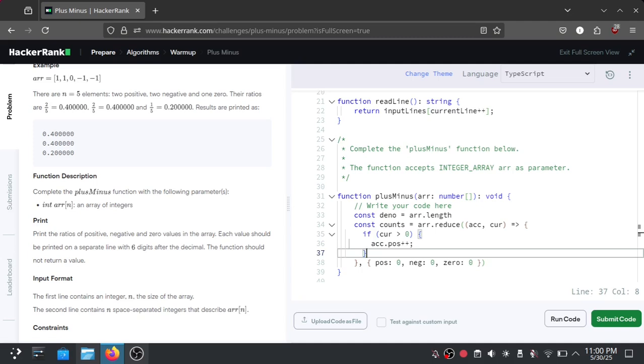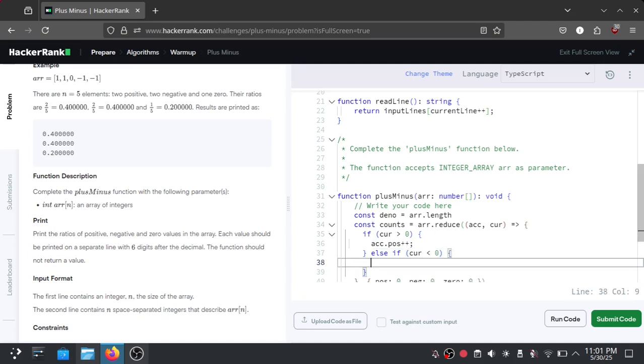So we are already solving the positive number from the iteration, and then for the else if the current iteration is below 0, the result is we are incrementing the negative counter by 1.